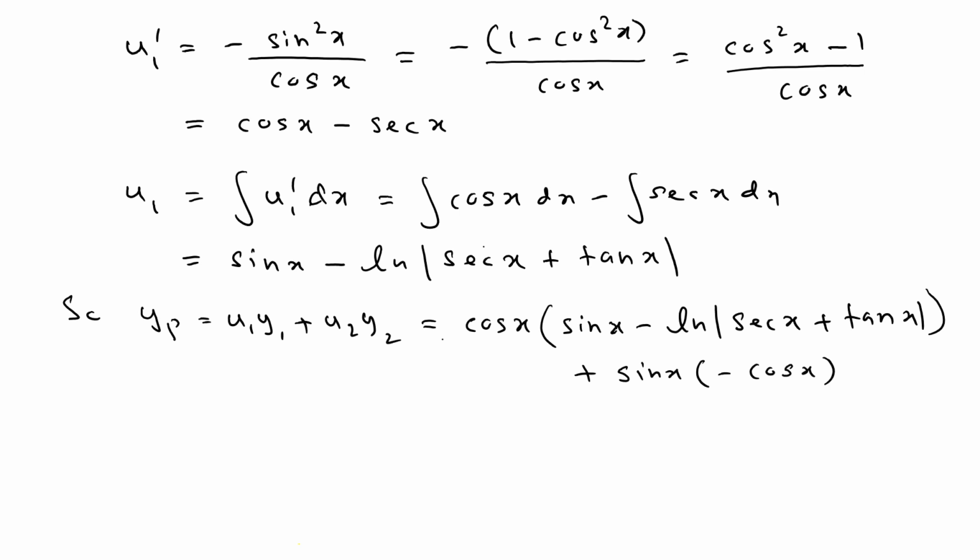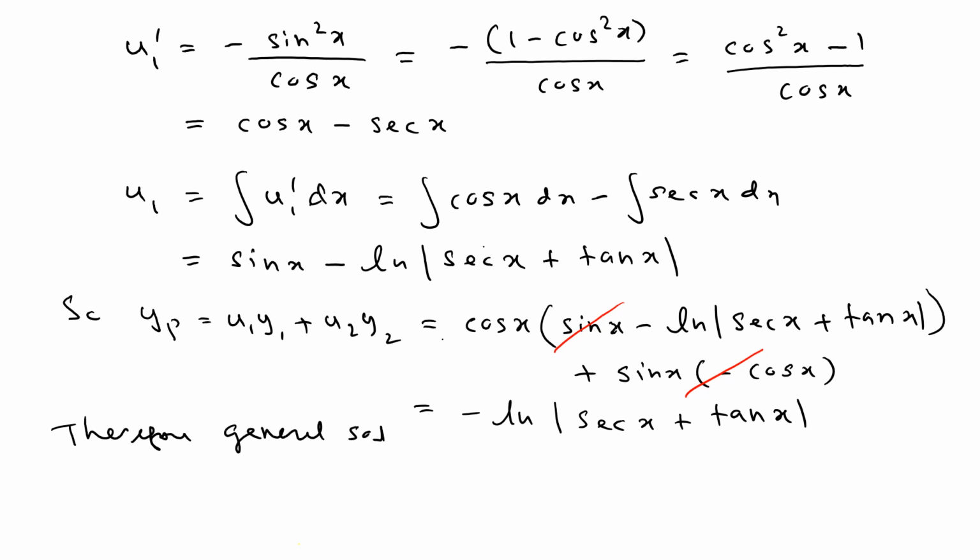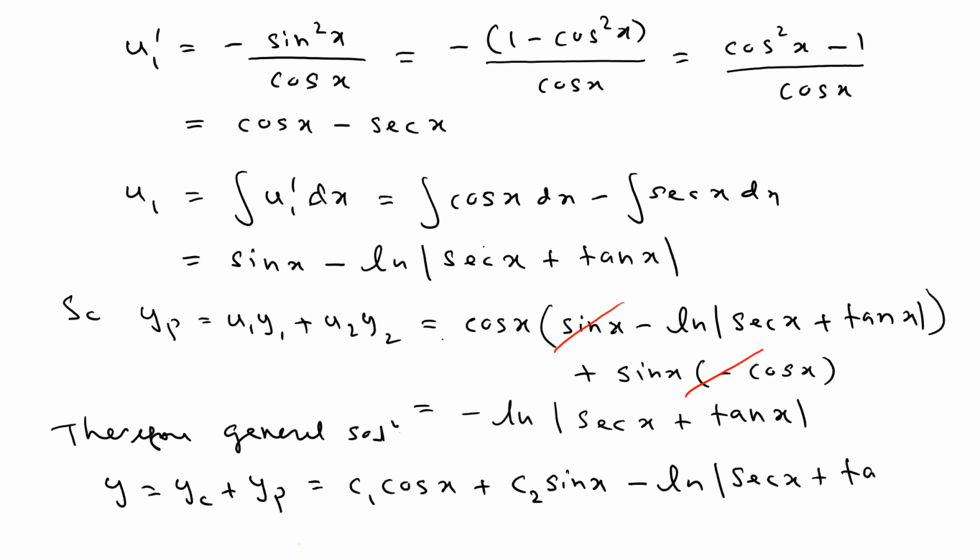Okay, and then you can see that we need to see whether we can cancel. Actually, you can see that the first two terms get cancelled, so those two are going to go away. That means you simply end up getting negative ln of secant x plus tan x. So that means you can have the general solution. Therefore the general solution, which is y equals yc plus yp. If you plug in, you get c1 cosine x plus c2 sine x minus ln of secant x plus tan x. We don't add any more c's because we only have two c's and we only have those two here. So that's the general solution of this